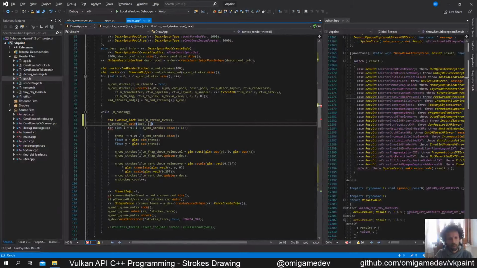So here's a lambda which captures everything by ref and returns false. So it returns false if we want to keep waiting. So we want to keep waiting